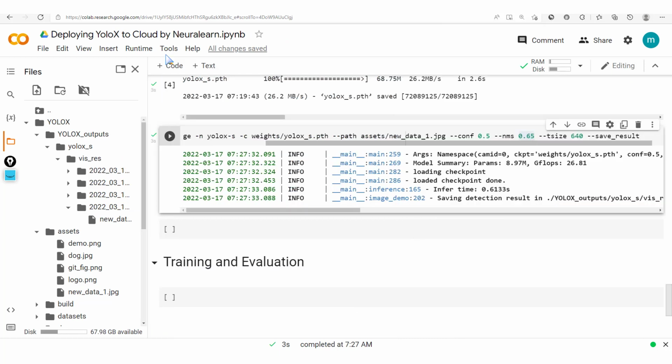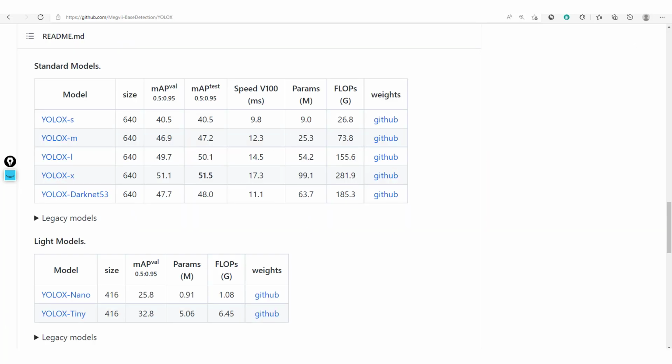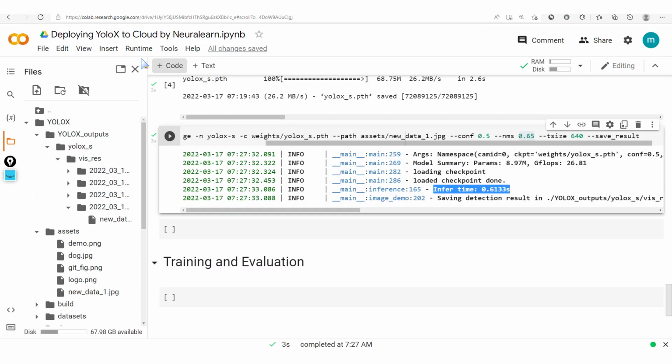Then another very important point we'll have to take note of here is the inference time. Here we're given an inference time of 0.6 seconds. That's like 600 milliseconds, which is quite different from what we expect, because it's true the GPU we're using in the Google Colab notebook isn't exactly a V100, but getting the inference time at 600 milliseconds looks quite high compared to what we'd expect. So let's check that out. Let's check our